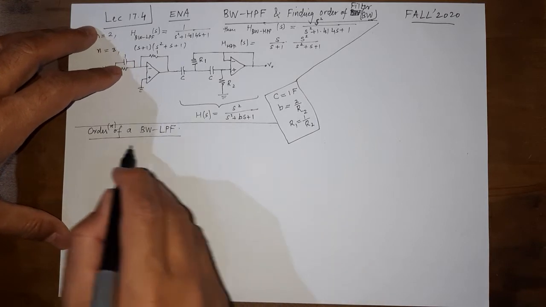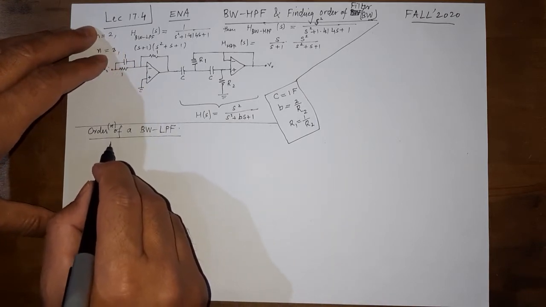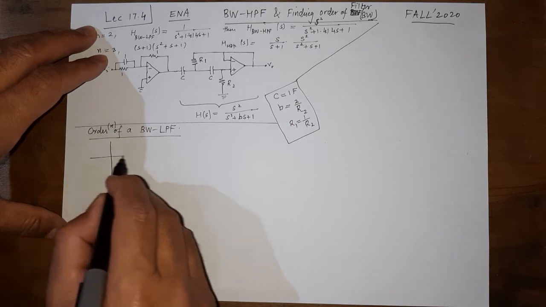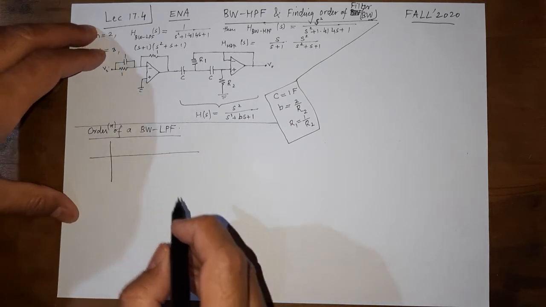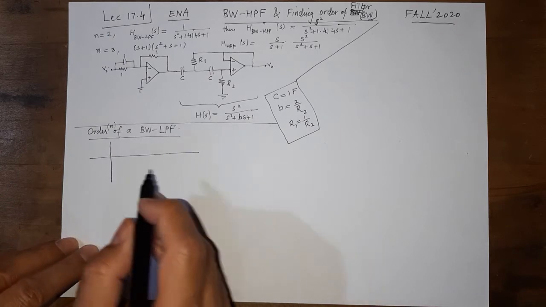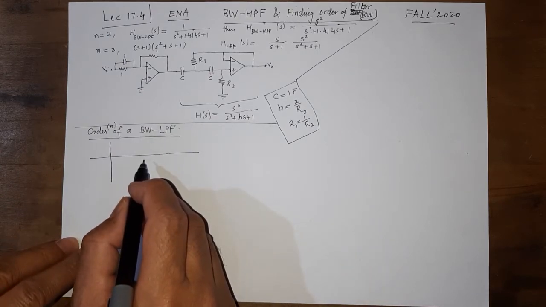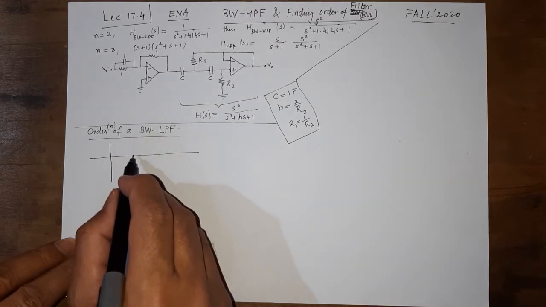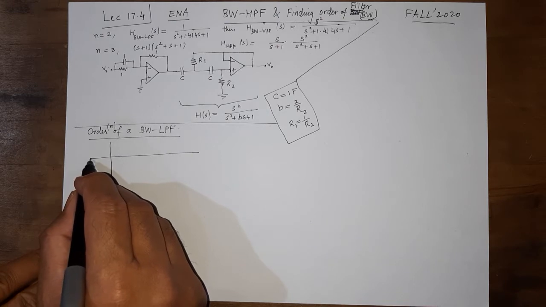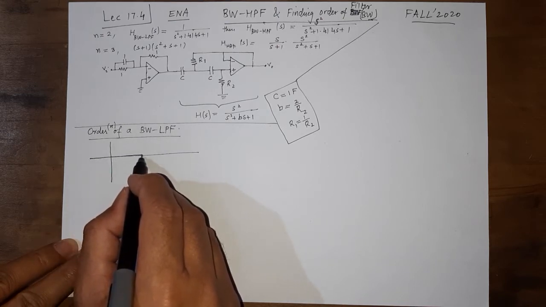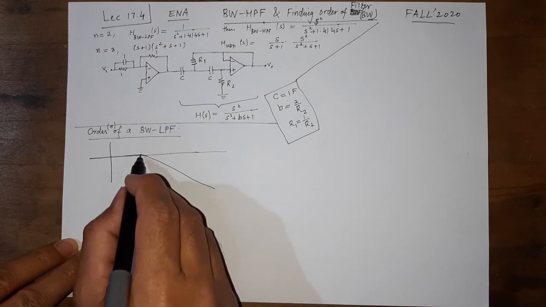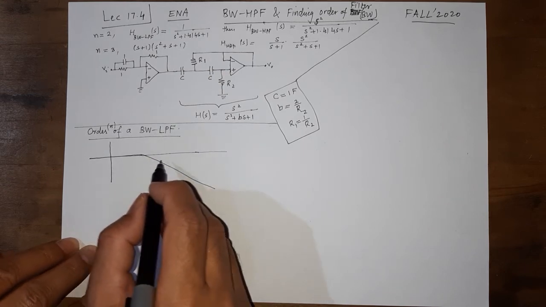And once again, let me specify what I mean by those four values with which the specs of a filter are usually given for us to design. So if we have a Bode diagram, then on the Bode diagram we may have something like this, and basically four values will be given to us.